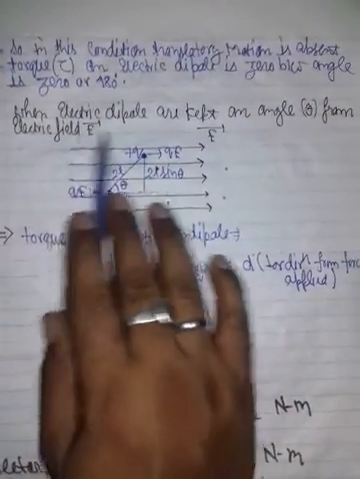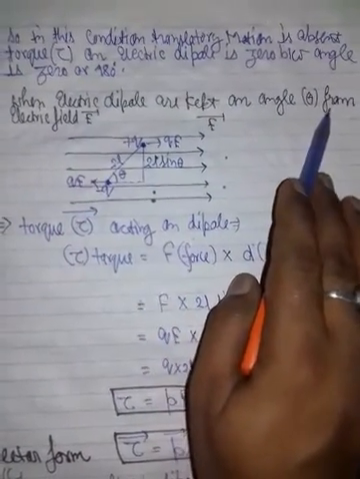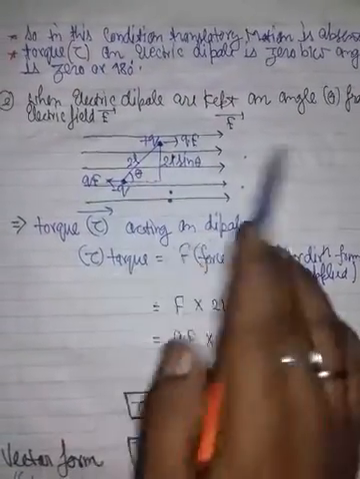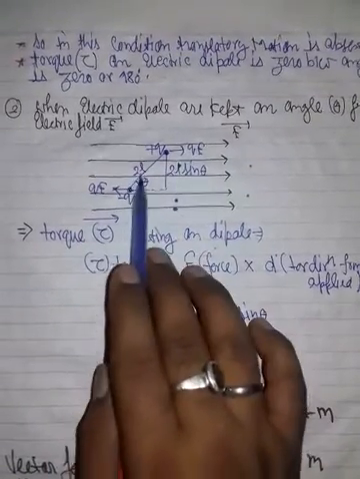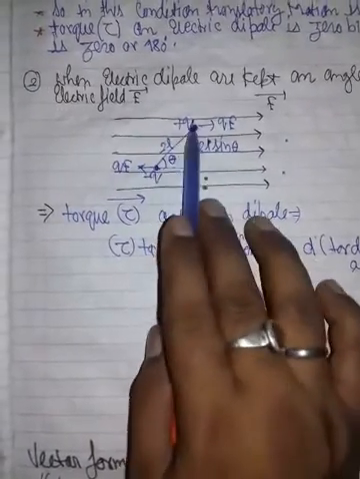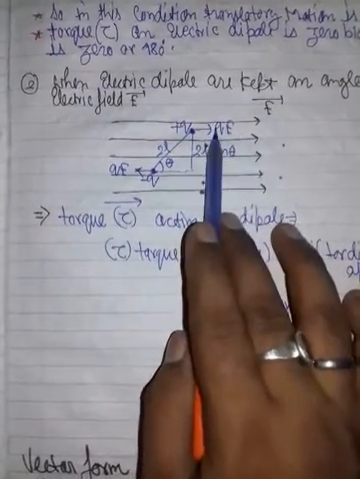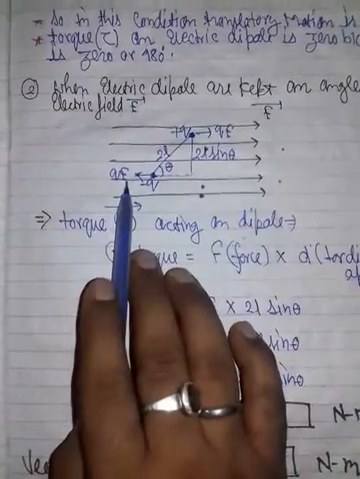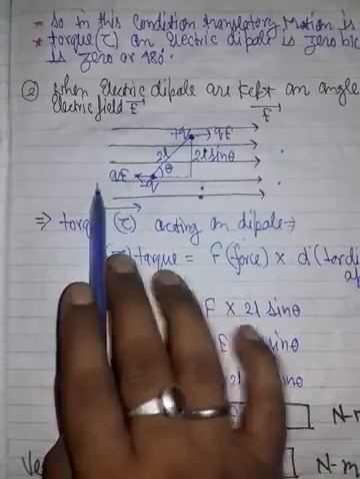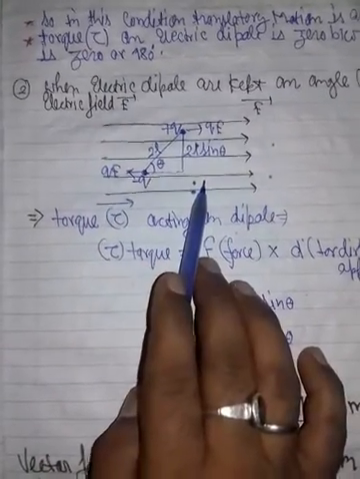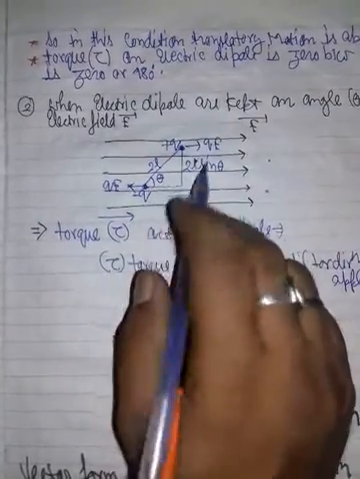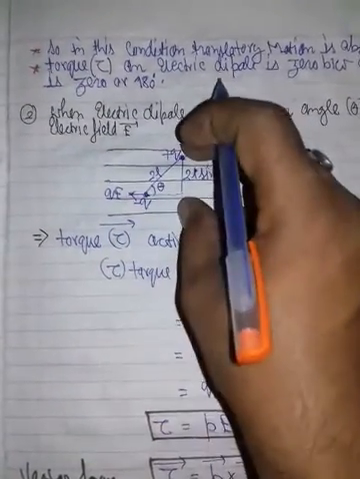Next situation: when the electric dipole is kept at an angle theta from the electric field. In this figure we see that the electric dipole is kept at angle theta from the electric field, and the positive charge experiences electrostatic force in the direction of the electric field, and the negative charge experiences electrostatic force opposite to the direction of the electric field. By taking the component of the distance, it is 2L sin theta, because it is the sine component,